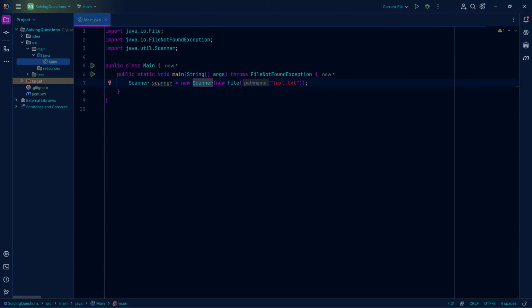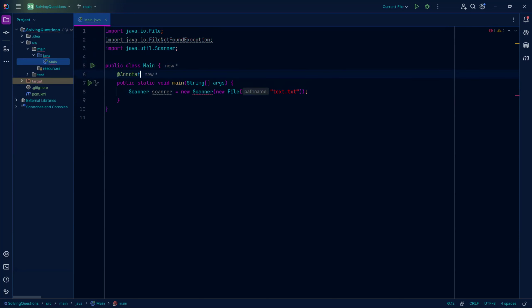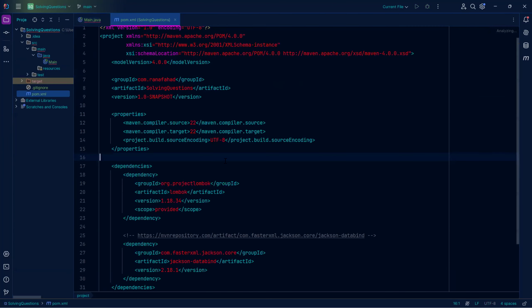But what if you know that your program is not going to throw an exception or you've already dealt with it? You just want this error to go away. Then you could communicate with the compiler using Lombok. Lombok lets you use annotations to give extra information to the compiler. In order to use Lombok, just real quick, if something goes wrong in the exam, if you want to use Lombok, this is the